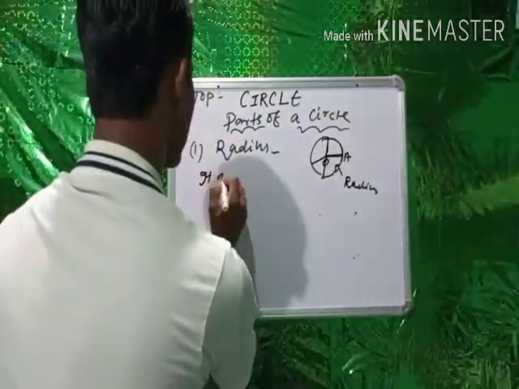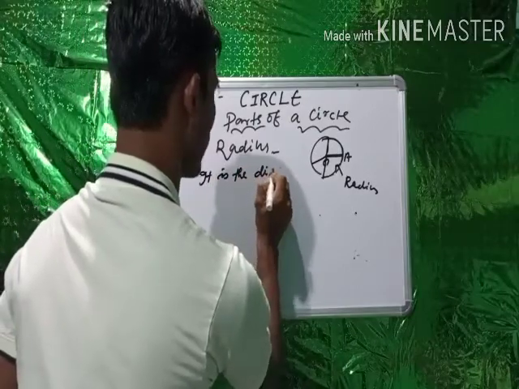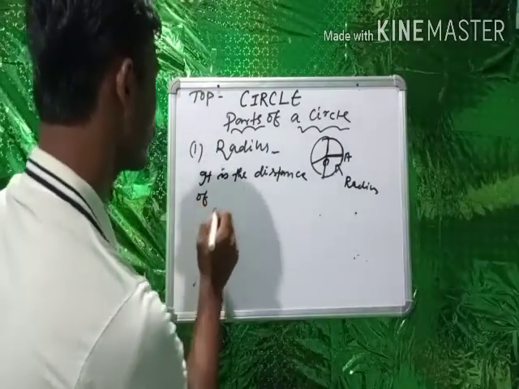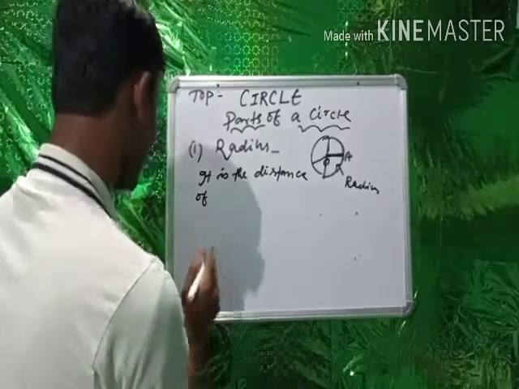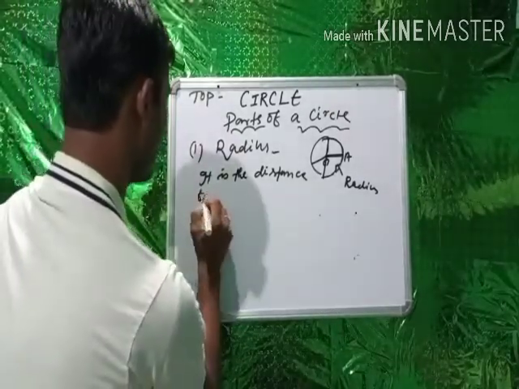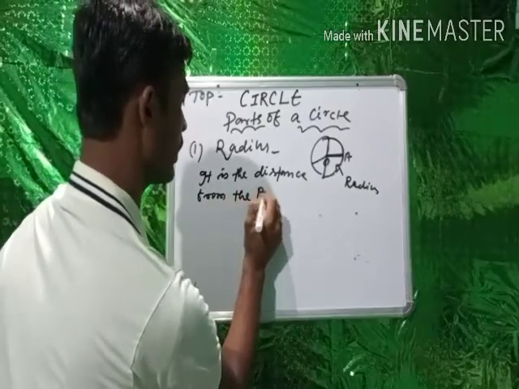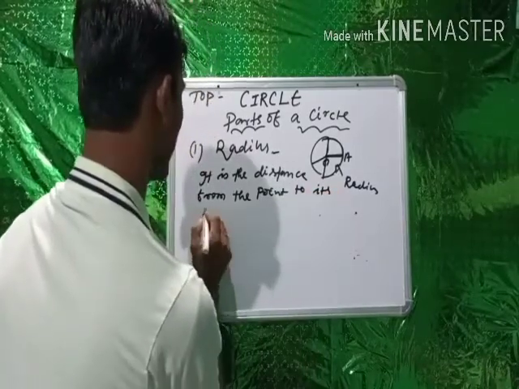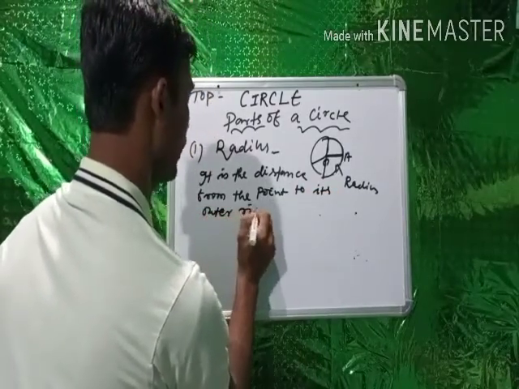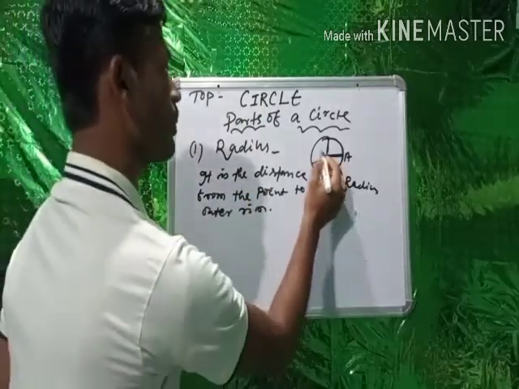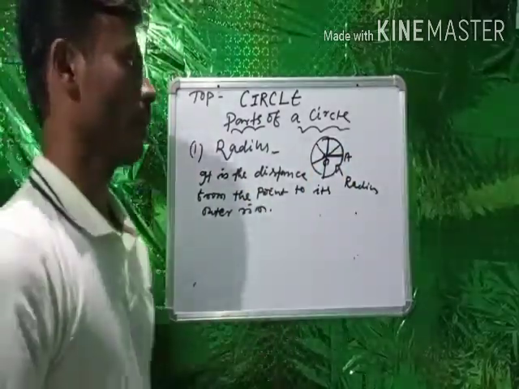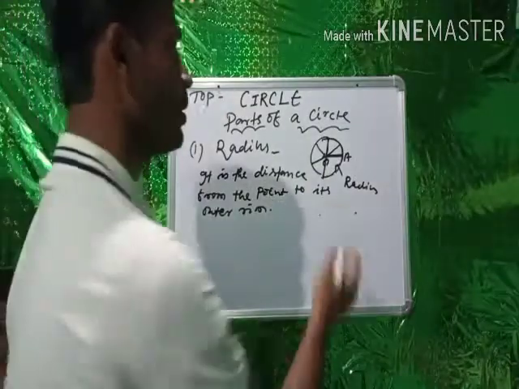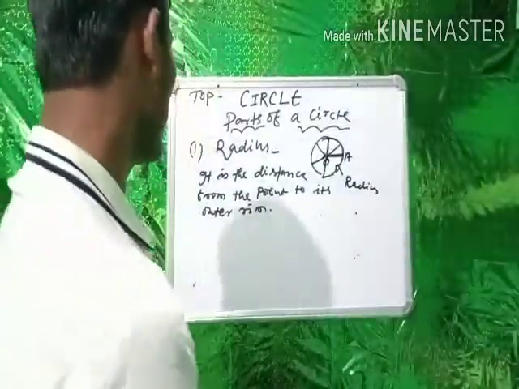It is the distance from the point to its outer rim, and all the radii are equal to each other, and we can draw a maximum number of, or indefinite number of, radii through the center. You understand? Now the second one is the